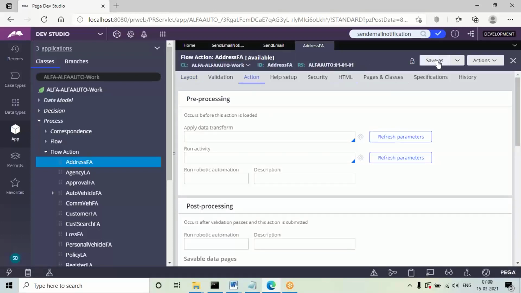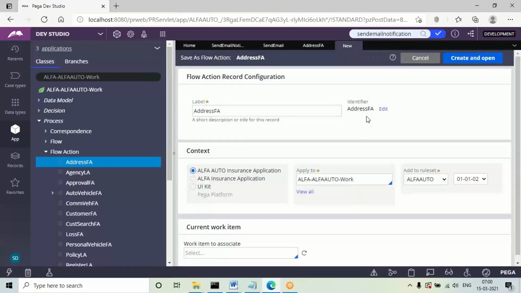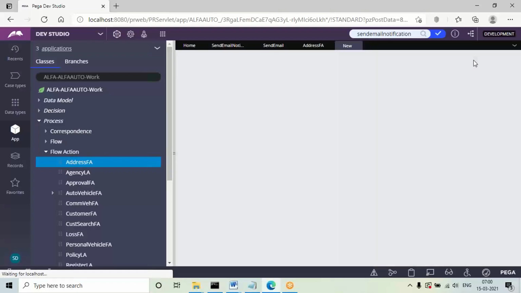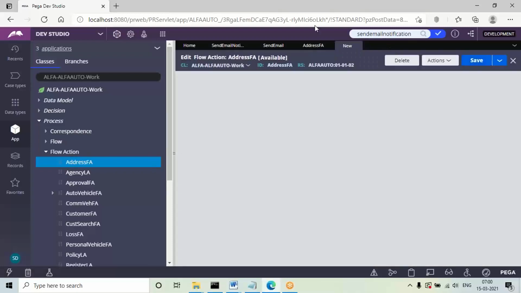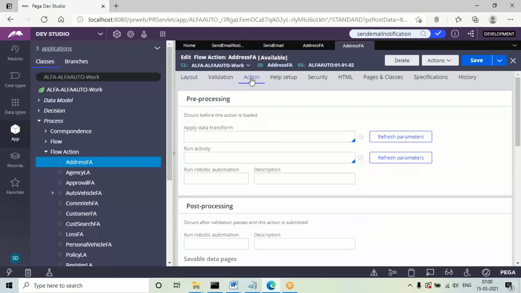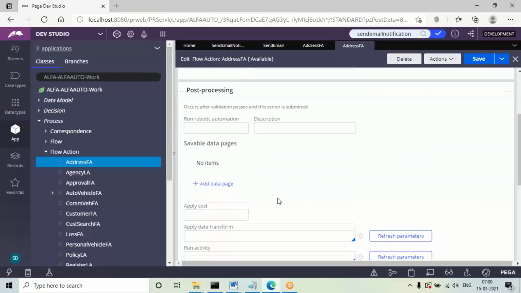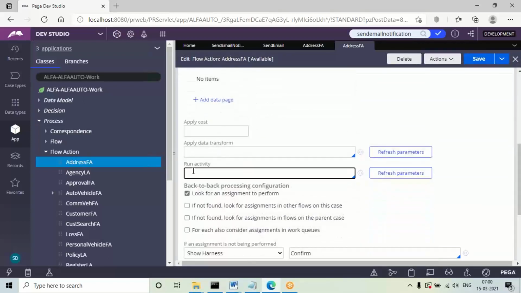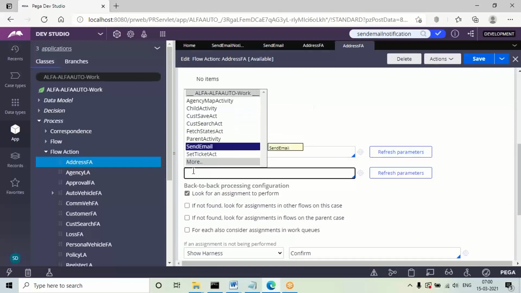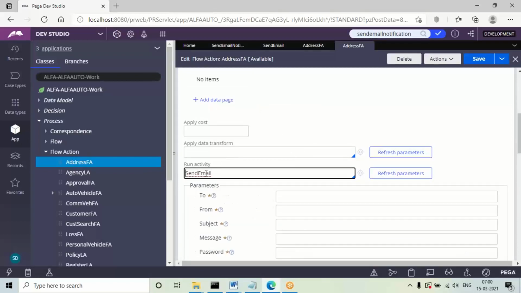But it is in version 1, so use the save as option, click on open. Now in the action tab we have to call it in post processing, because after giving input and submitting only it is going to perform that action. And save the flow action details.